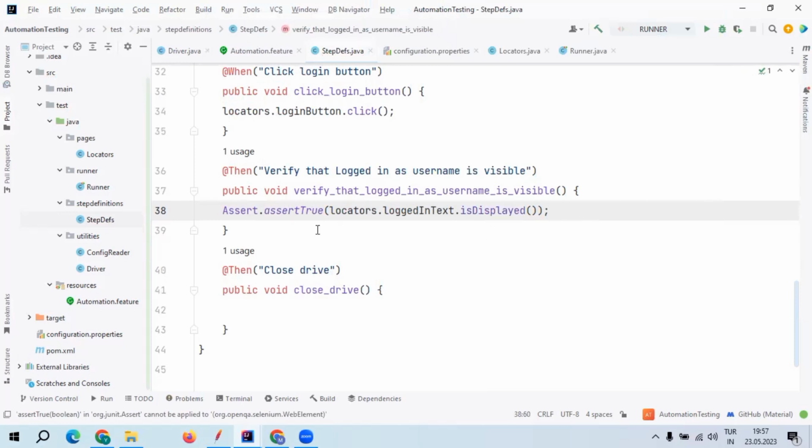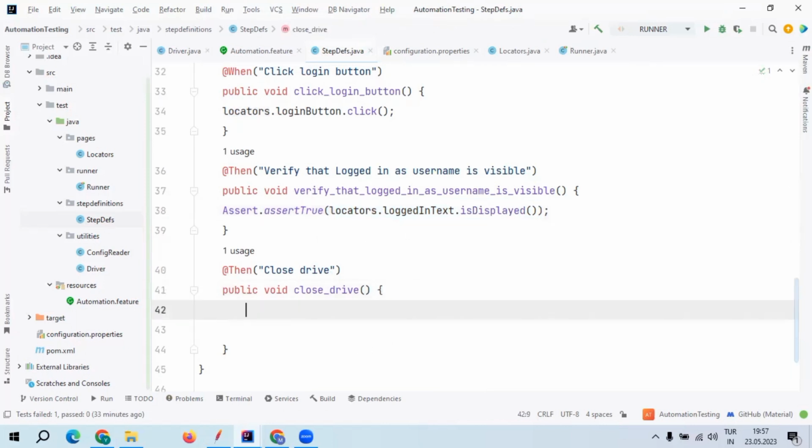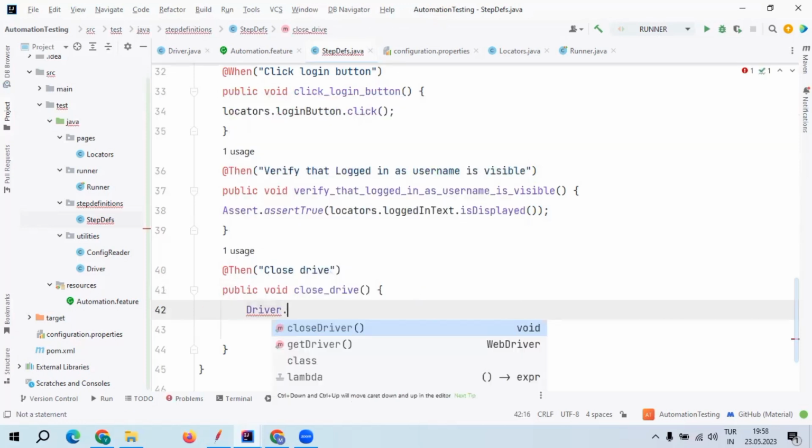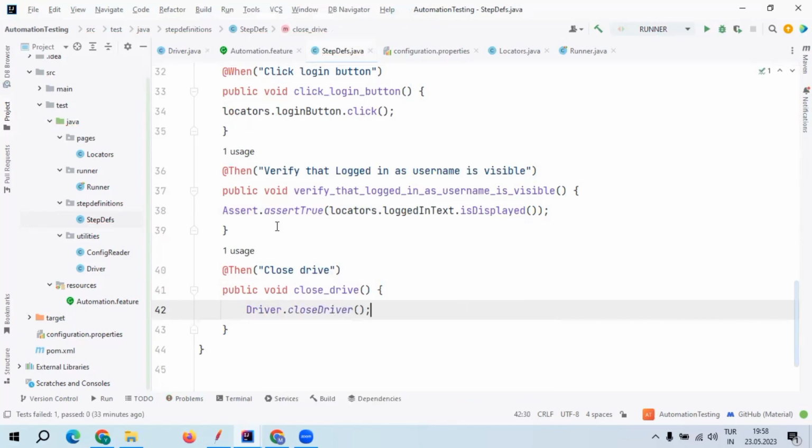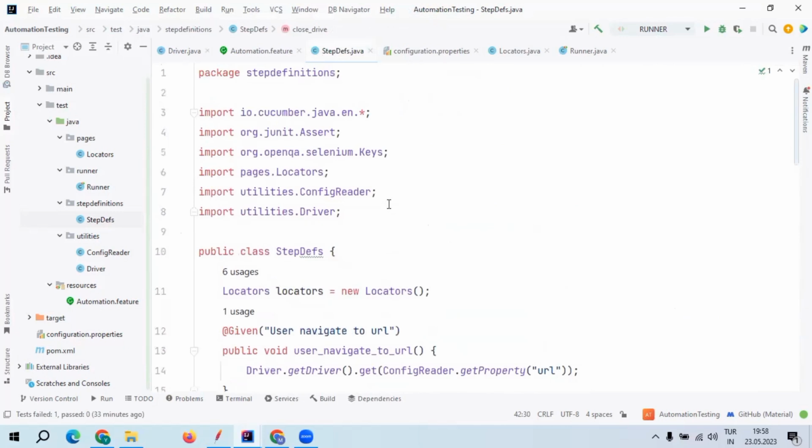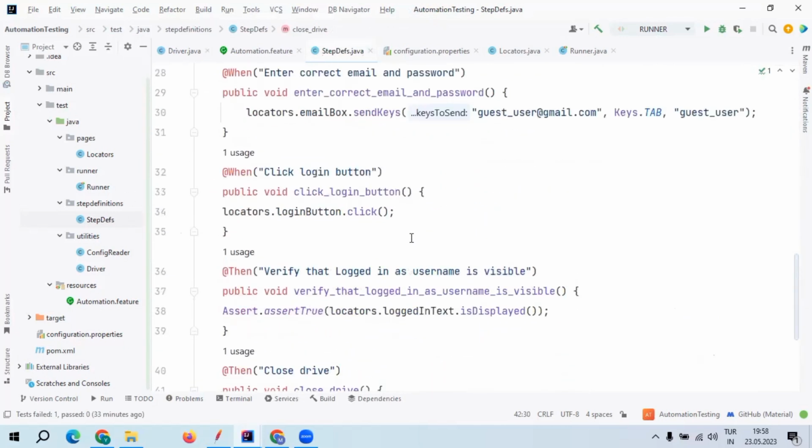Yes. If this condition is true, this verification is completed. And at the final step, we need to close our driver using driver class, right? Because in the driver class, we have a close driver method. Now all our steps are ready, and we can run our test